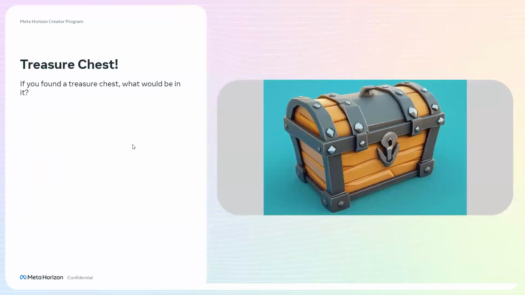Okay, and so today I figured we can start with a treasure chest. My question to you is, if you found a treasure chest, what would be in it? You guys can chime in now if you want. Hop in the chat, or you can unmute yourself. Mimic.